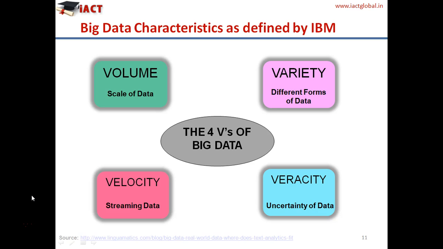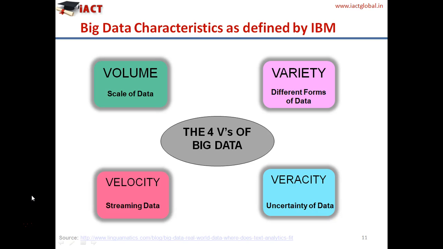Next comes veracity. Veracity is uncertainty of data. For example, data is flowing in for a particular product or for a particular company. It's not necessary that the next day data will be flowing for that particular product. It is just an example. So it's very uncertain. We could get zeros for that particular row for which we are getting a good number right now. And tomorrow we cannot be getting anything. Maybe day after tomorrow we'll be getting again. So data is very uncertain. It can come and it cannot come.